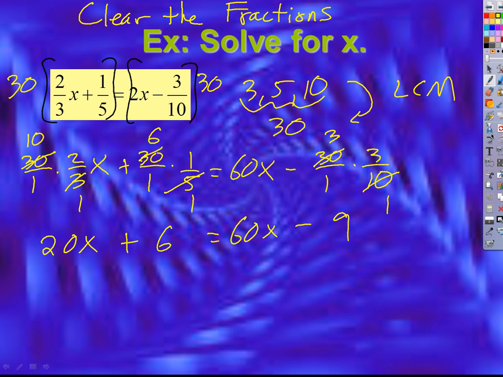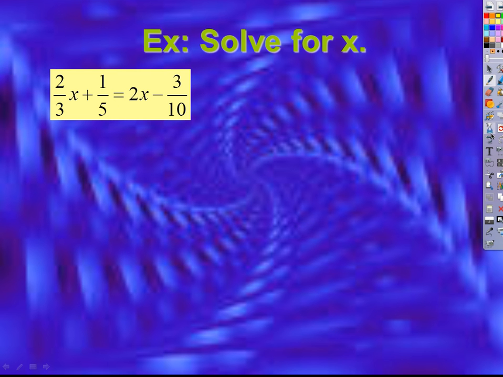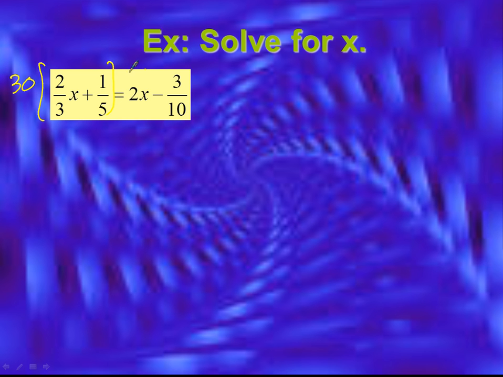Just do this when you're showing your work, which I'm going to have you do. I'm going to talk about that in a second. When I distribute this 30 through to both terms, always, instead of just multiplying, and you can do it this way, but save yourself some hassle. Instead of just multiplying straight across 30 over 1, reduce first and multiply whatever you get from when you reduce by the numerator. So 30 over 3 is 10